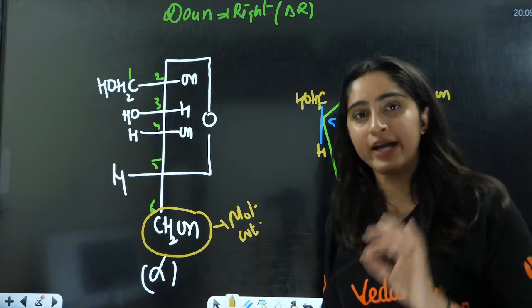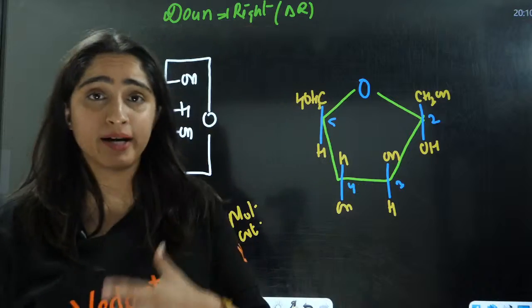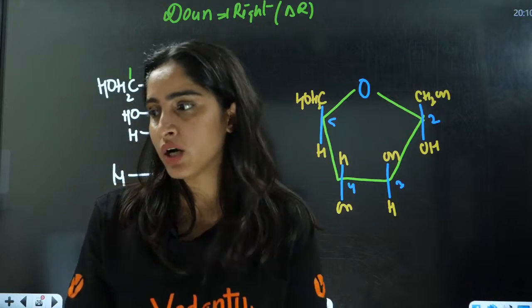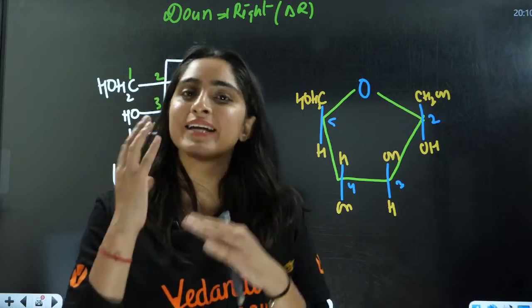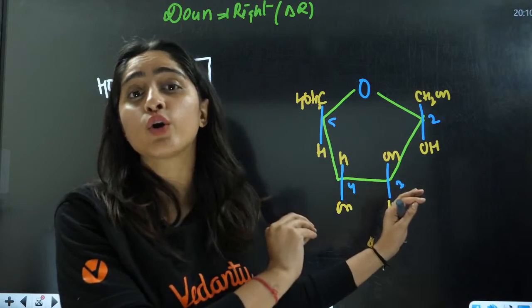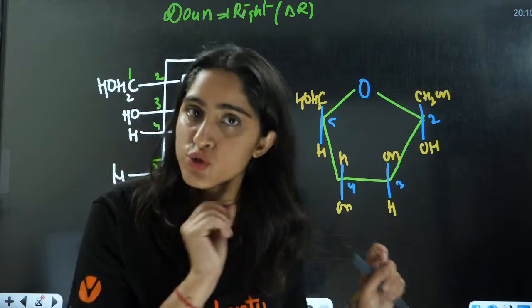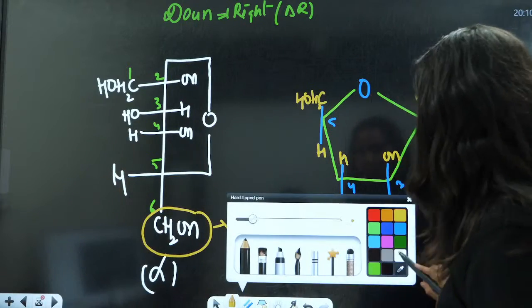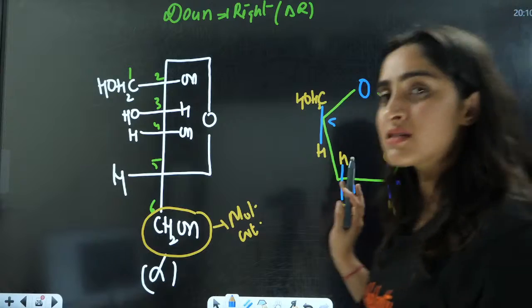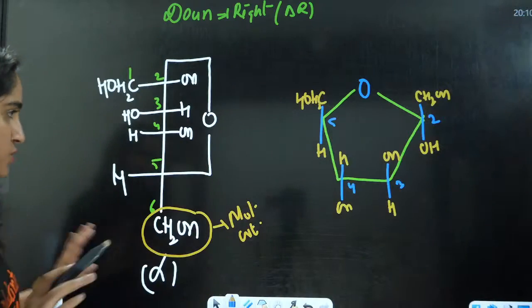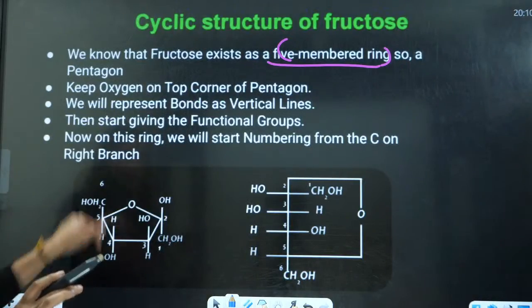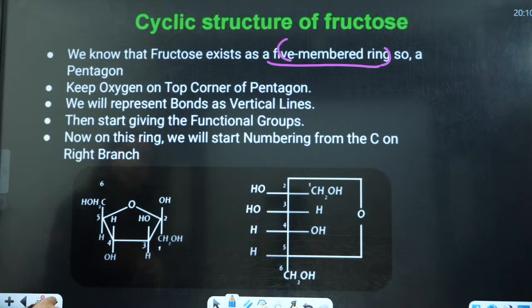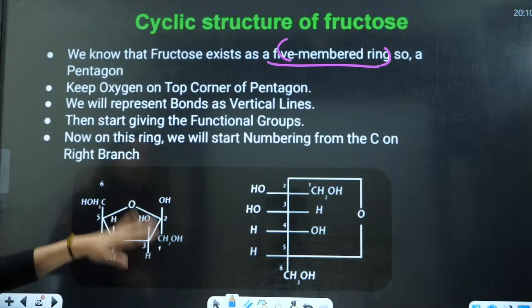Plus and minus is defined experimentally. You cannot predict this with the help of any structure, right? Just know one thing: experimentally, fructose is levorotatory and glucose is dextrorotatory. That is plus and this is minus, right? This is experimentally determined. Like this is the structure of alpha fructose, right? Ring structure. Now this is here. This is the structure of beta fructose.